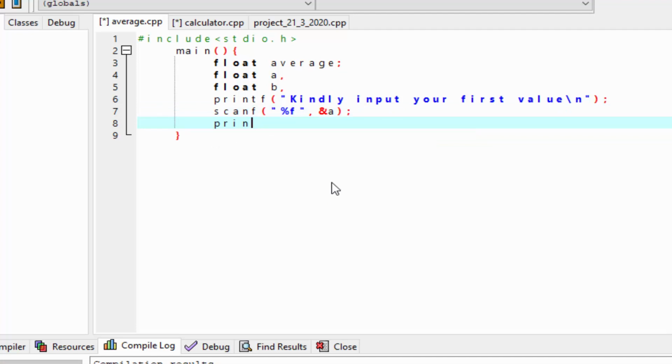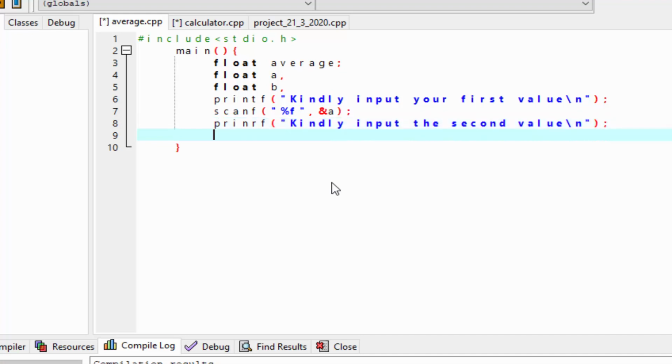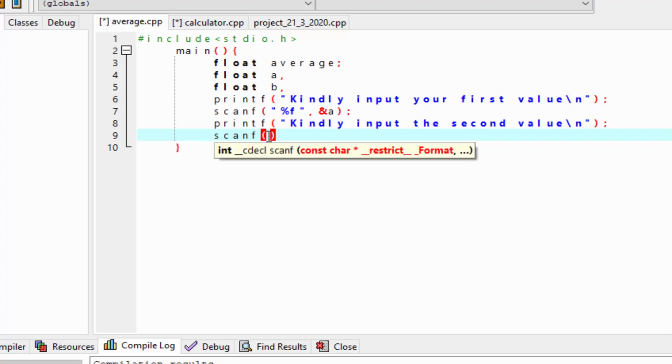and then I'll now request for the second value. This should be in quotes, so kindly input the second value, and I'll add that line like that. I'll again read that value. Oh, spelling mistake again here. This should be T. So I'll read the value